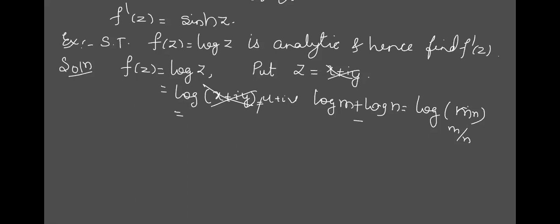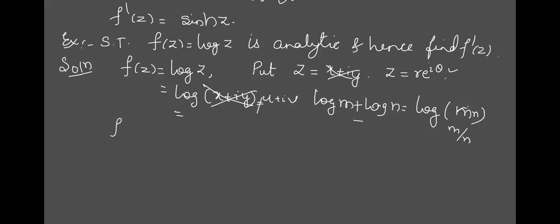If so, what do we have to do? If x plus iy fails, we have to put z as r e raised to i theta, the polar form. See, that's why I told you the first preference is this. If it is not giving you a simple value, don't waste much of the time. You can think of another form.